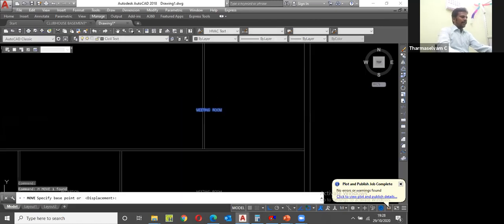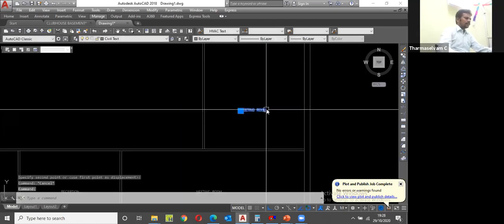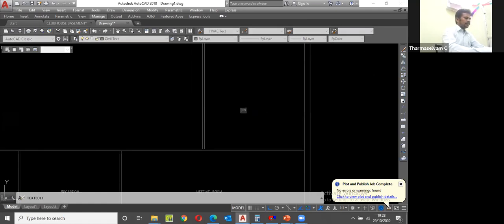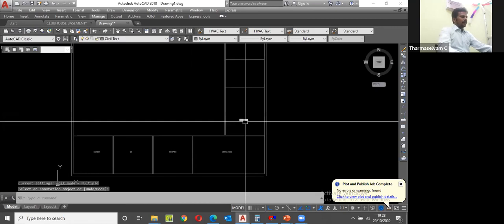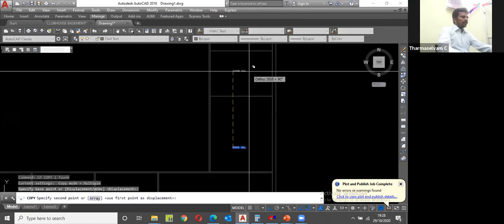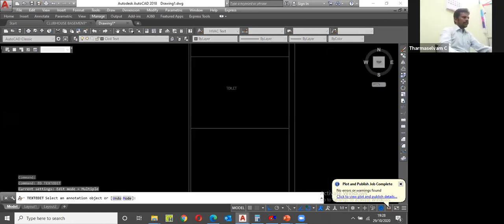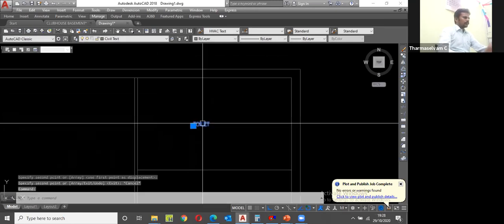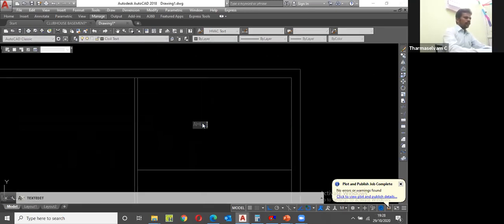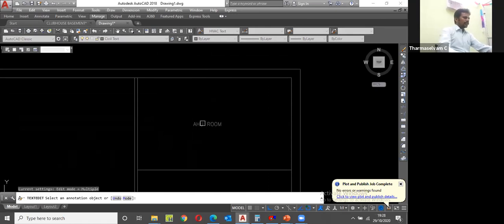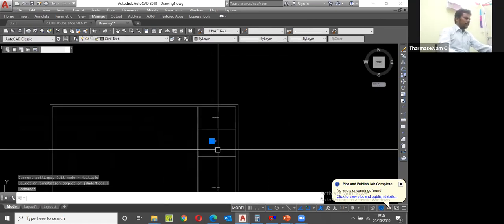This one is the dining hall. Then above one is the store and stores or toilet. Above one is the AHU room. This one, the center one, is the workstation or office space.